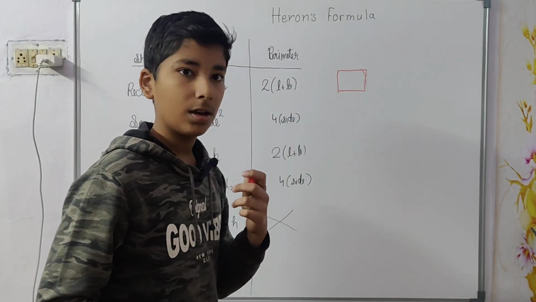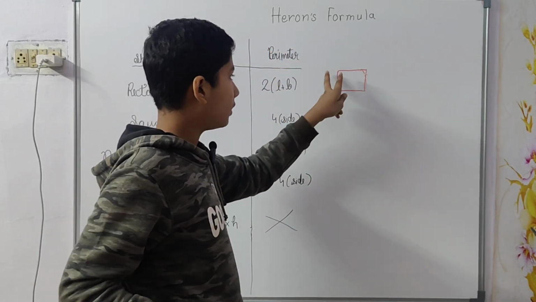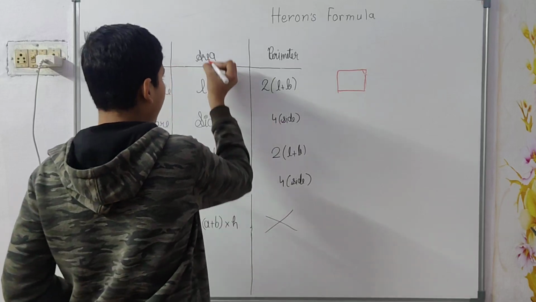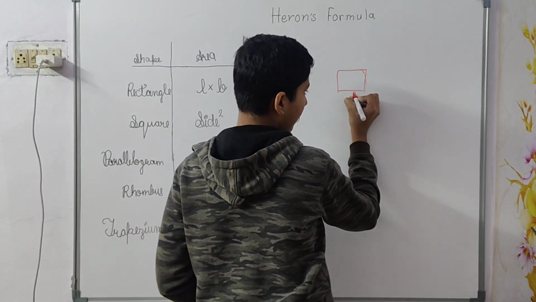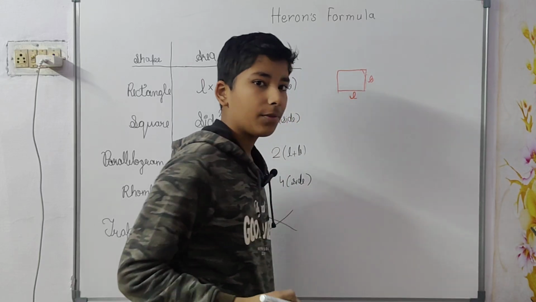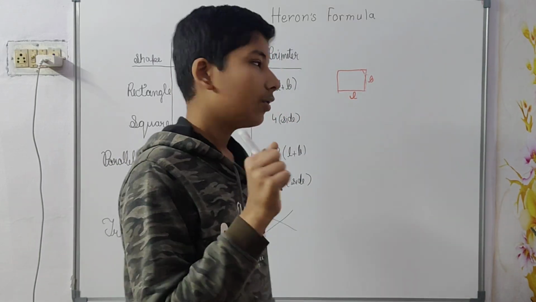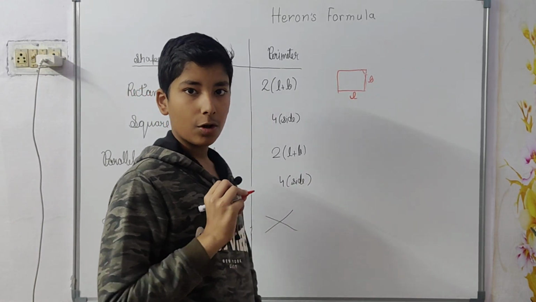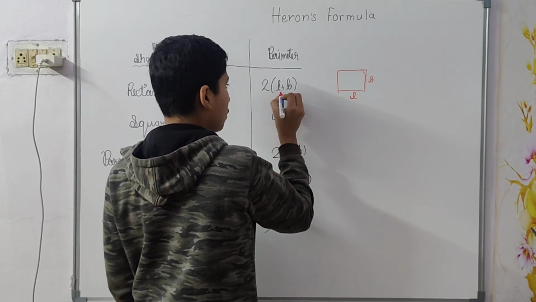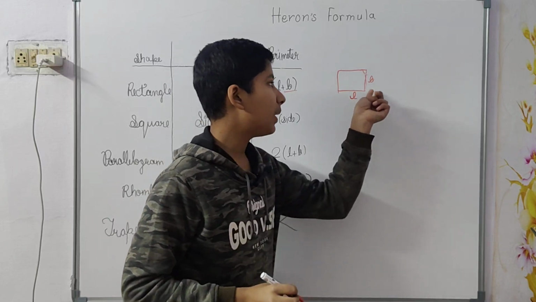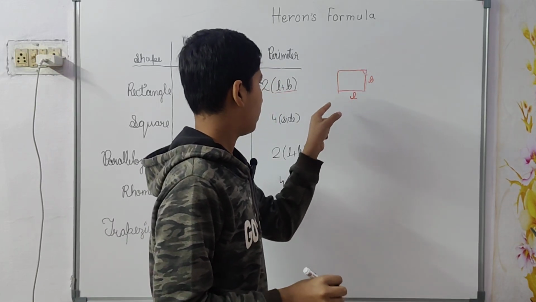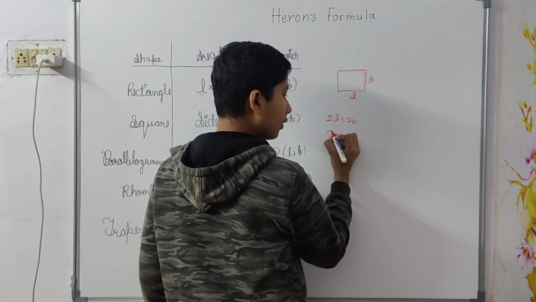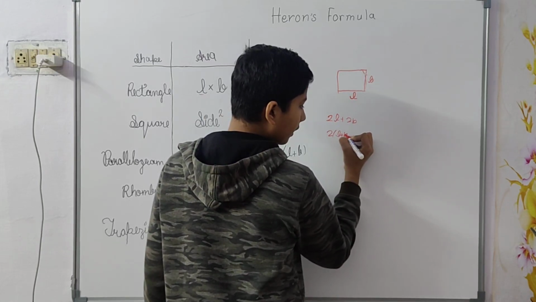I can also draw the shape for you. See, this is a rectangle, like this. But adjacent sides are not equal. So its area is length into breadth. This is length and this is breadth. The smaller one is breadth and the longer one is length. So length into breadth is the formula for a rectangle's area, and perimeter is 2 into (length plus breadth). See, length plus breadth is this, plus length plus breadth, so it will be 2 length plus 2 breadth, meaning 2 into (length plus breadth).